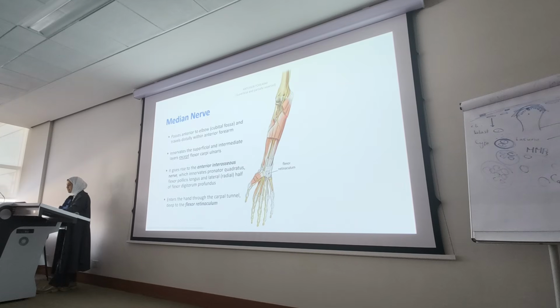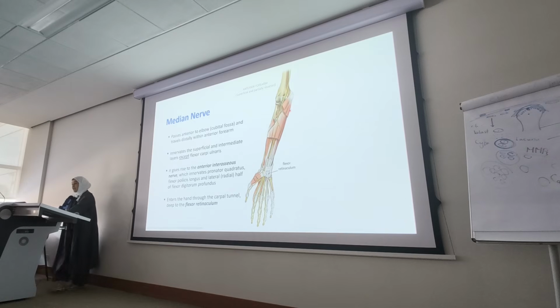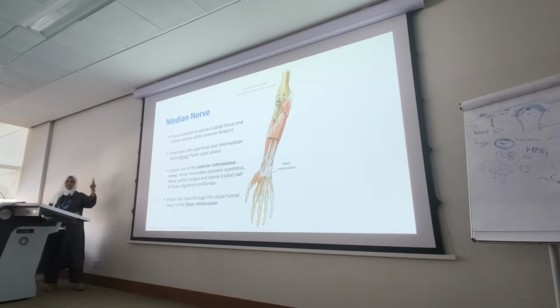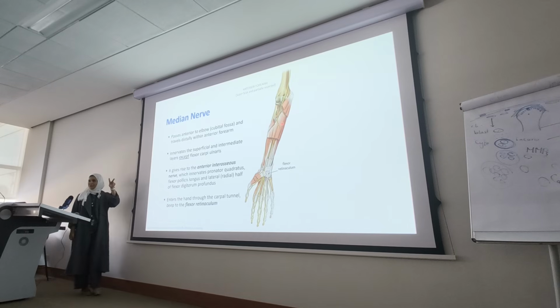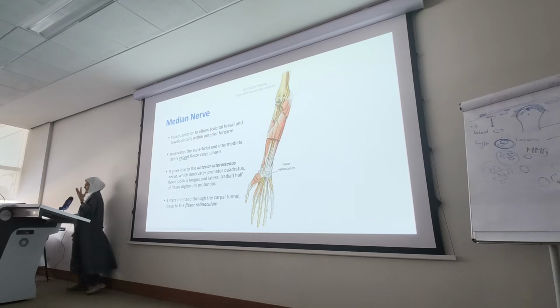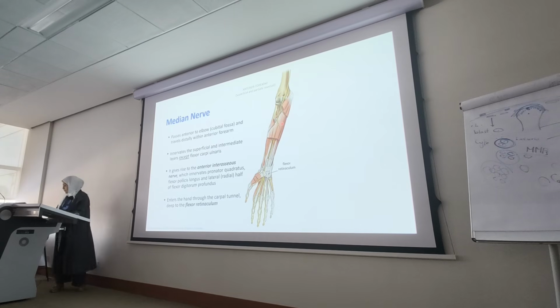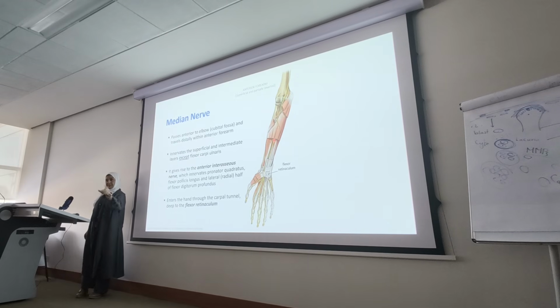Here's the median nerve. You can see the muscles of the forearm, partially resected so that we can appreciate the median nerve as it courses along the muscles. It's going to innervate all those superficial muscles except, good. And in terms of the intermediate layer, does it innervate flexor digitorum superficialis? Yes, it does. So superficialis is innervated by the median nerve. By the time we get to the deep layer, the median nerve is going to innervate the majority of these muscles: pronator quadratus, flexor pollicis longus, and half